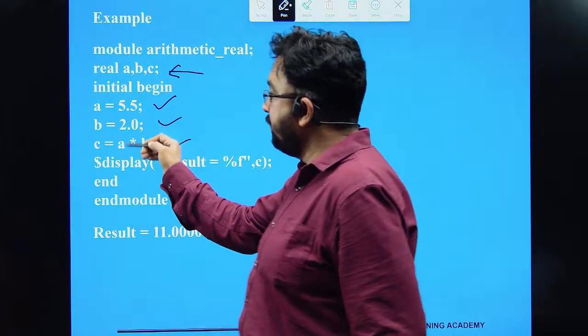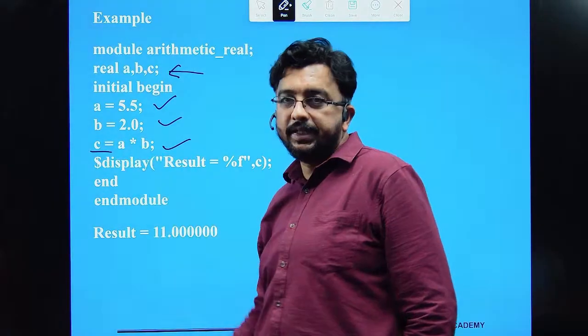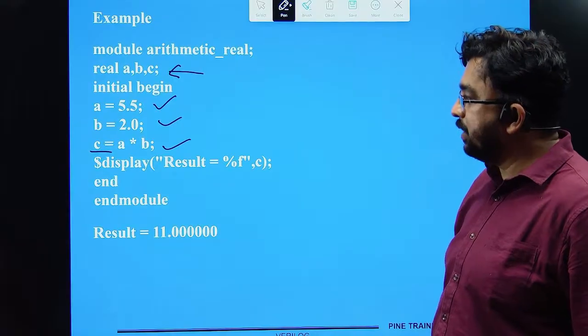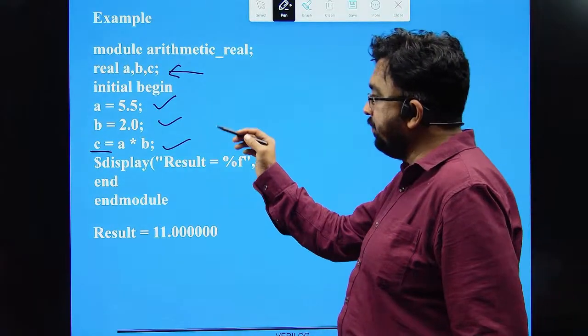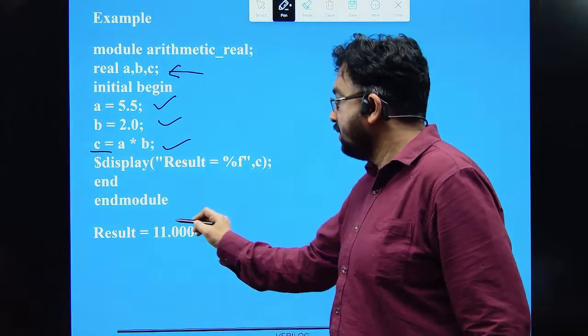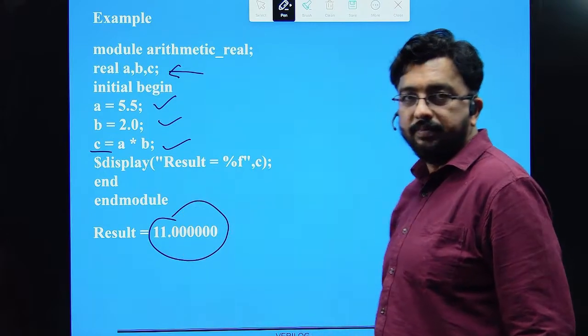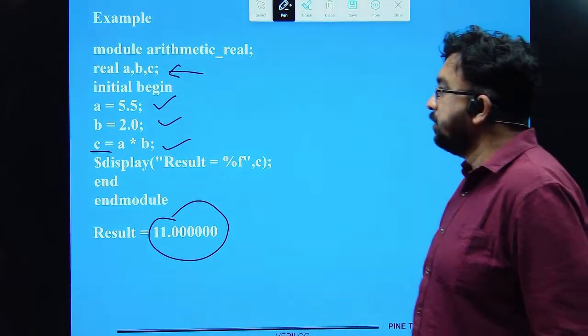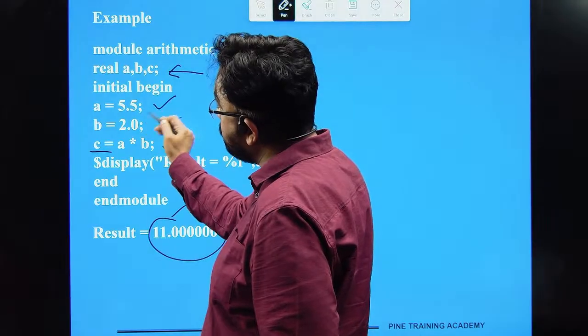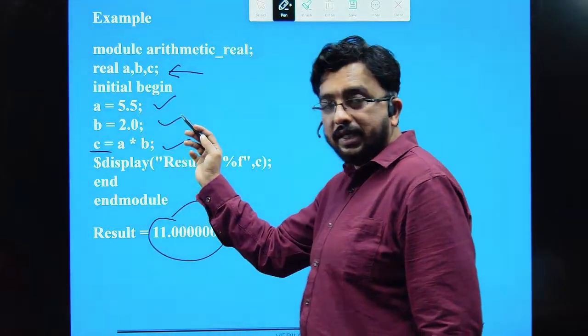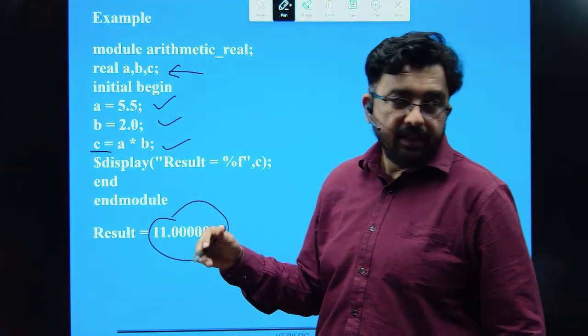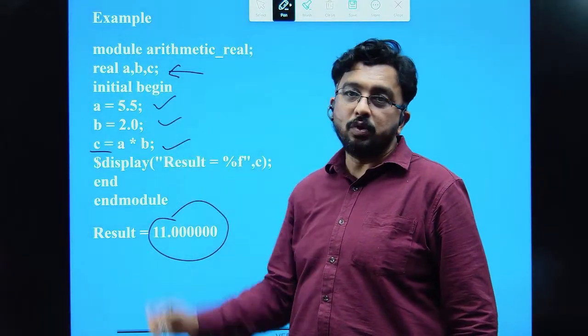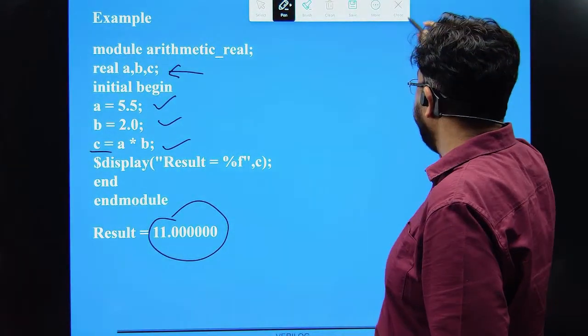So the value of the real multiplication is stored in c. So 5.5 into 2.0, 11.0. Very simple. अगर आपको इस तरह की वैल्यूज को स्टोर कराना है, तो आपको रियल में इसको कॉल करना पड़ेगा।